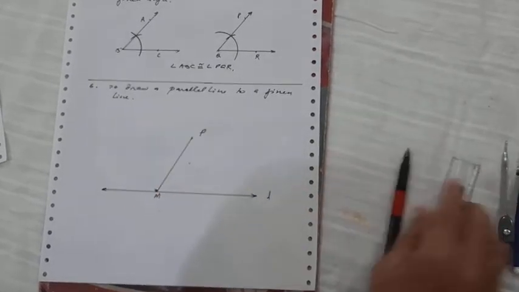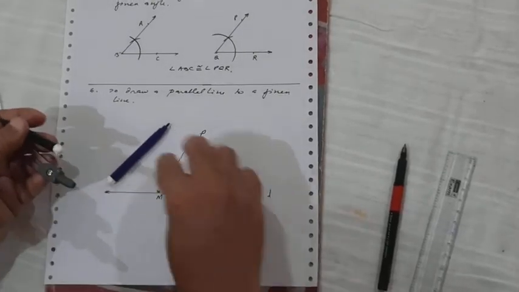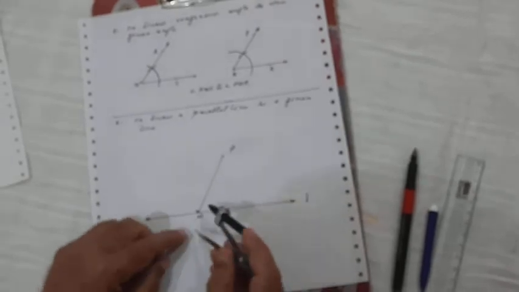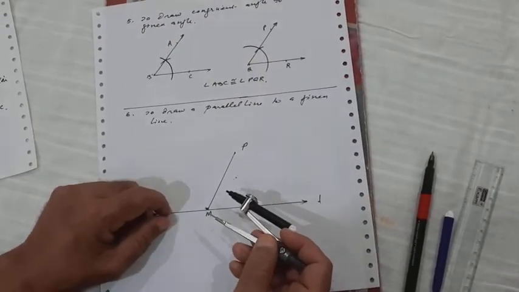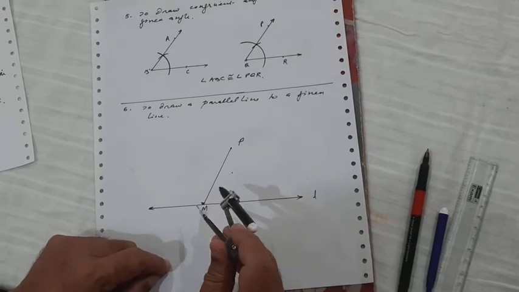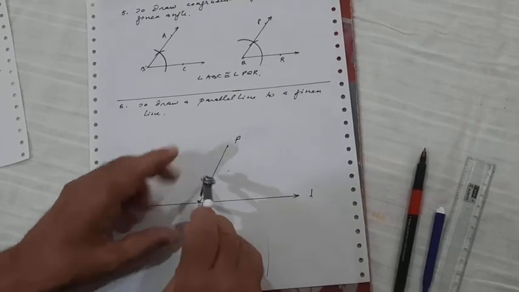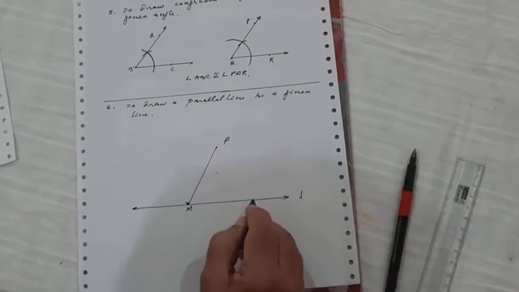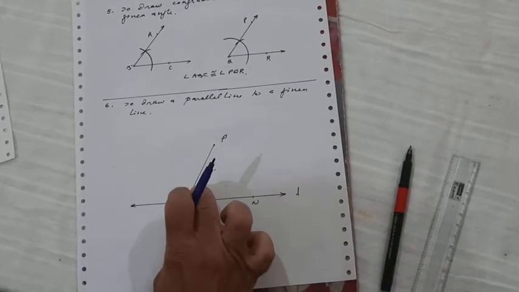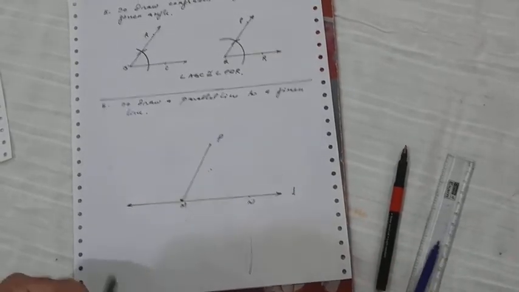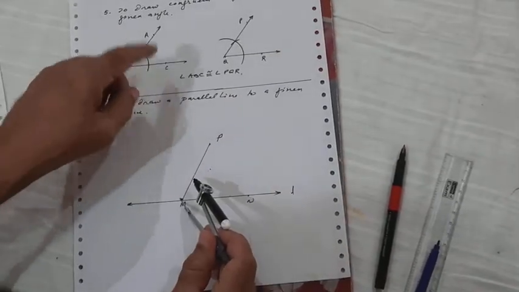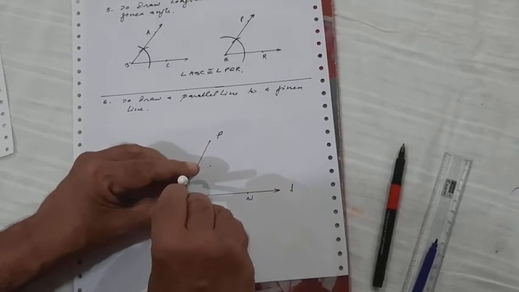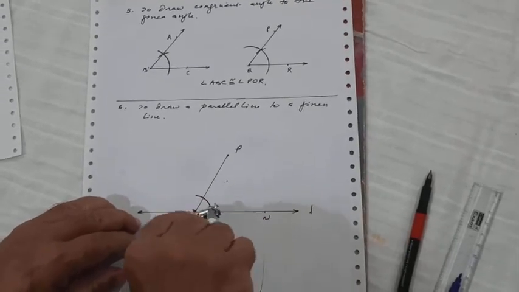Name it as point M. Any point, you can name any. Now from this point, in the same way as we have drawn congruent angles, we are going to draw a congruent angle. Now at M, this is the angle PMN. Now this angle is there, we'll draw a congruent angle. So we'll use construction 5, the basic construction, here. So take a suitable arc again, draw one arc here.